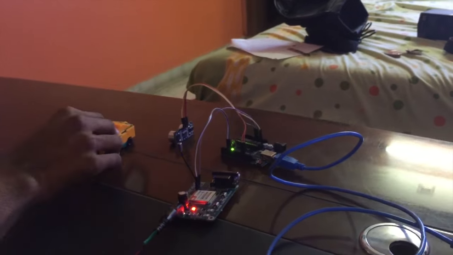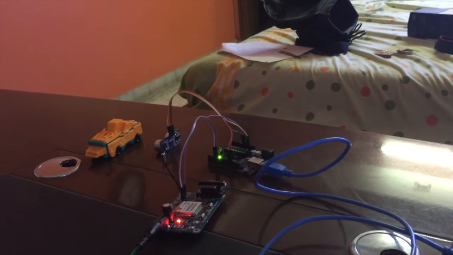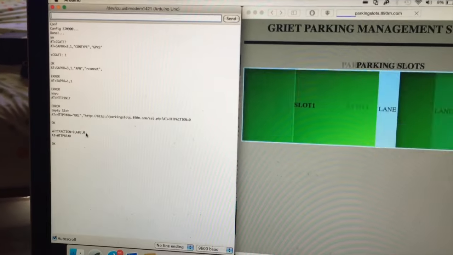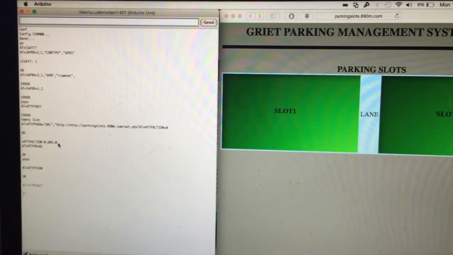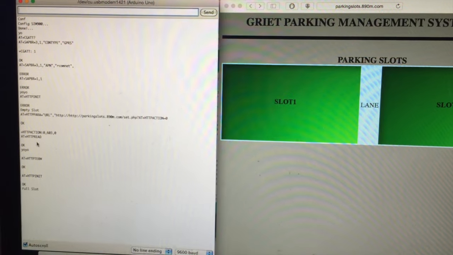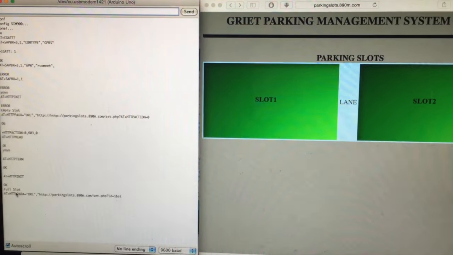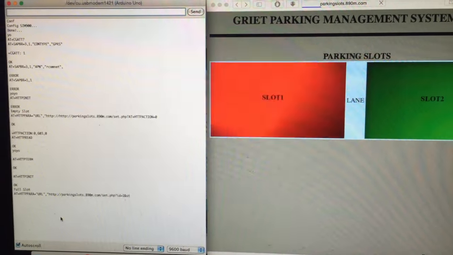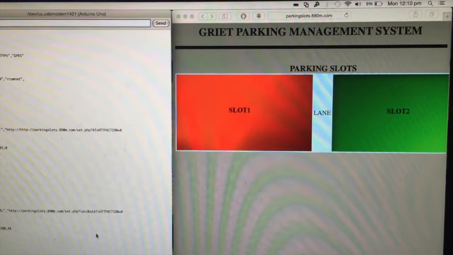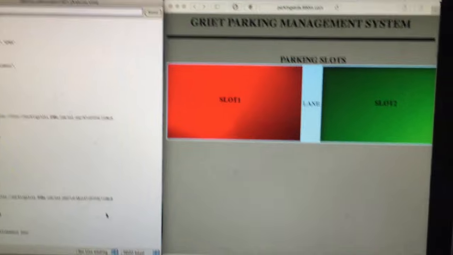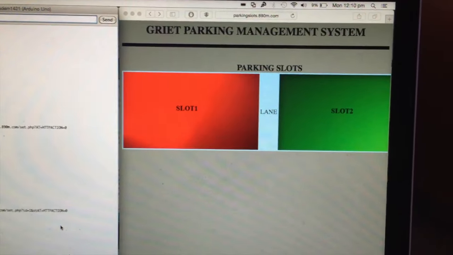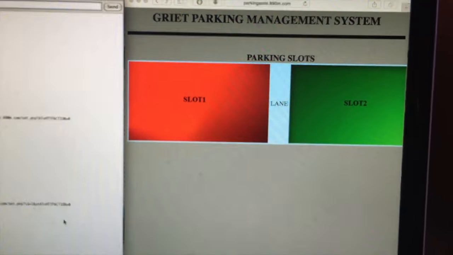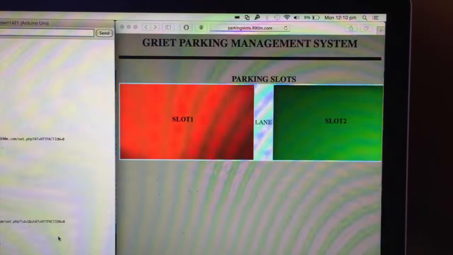Once the car comes, the serial monitor shows full slot, and the data is updated, and the web page on the right side shows the slot as filled.